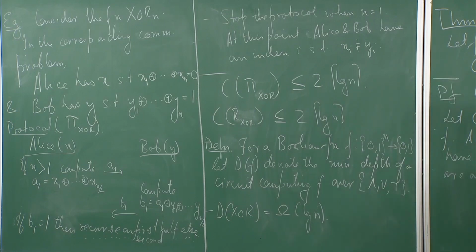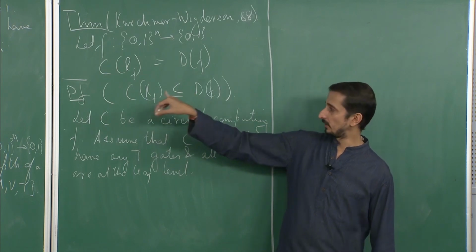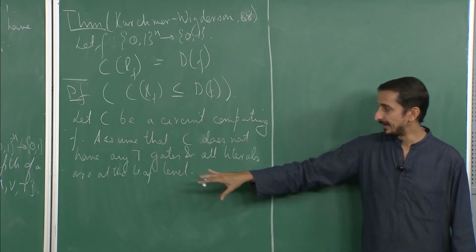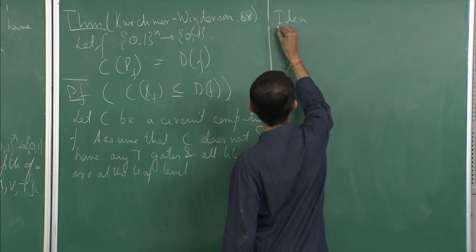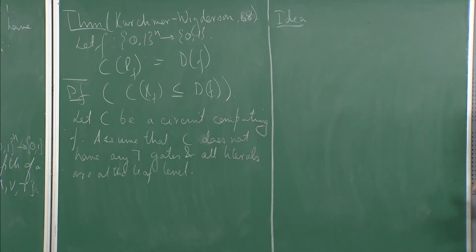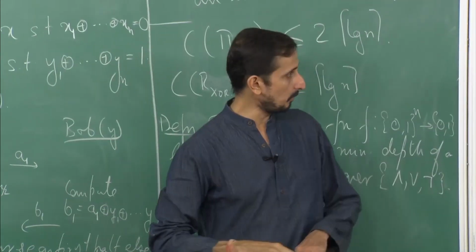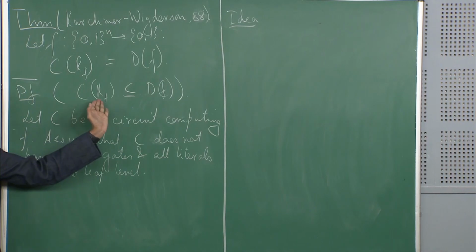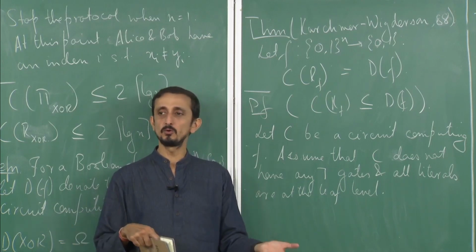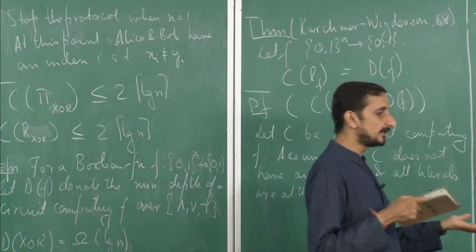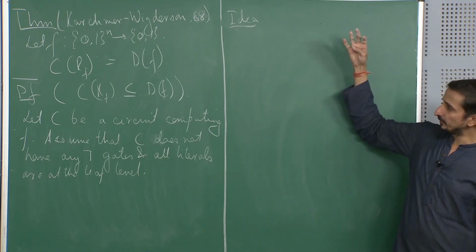So now we will show that there is a communication protocol for R of f which communicates at most the depth of C many bits. Okay. So what is the idea of this problem? The idea is as follows. What do Alice and Bob have? We are looking at the relation R of f. Alice has an input x which evaluates to 0. Bob has an input y which evaluates to 1. Now they have to communicate among themselves and produce an index on which x and y differ. So the idea of the protocol is that